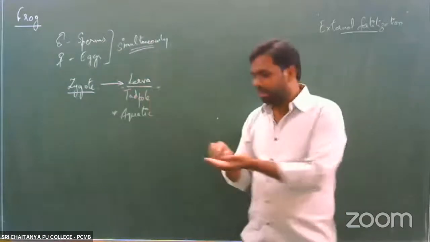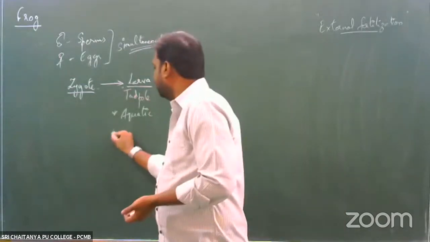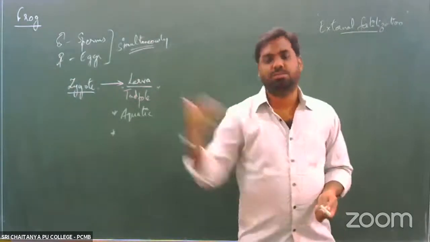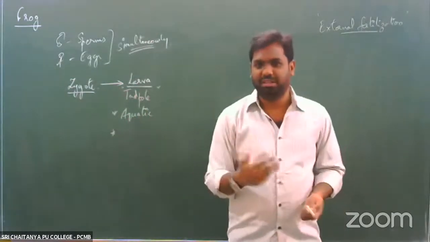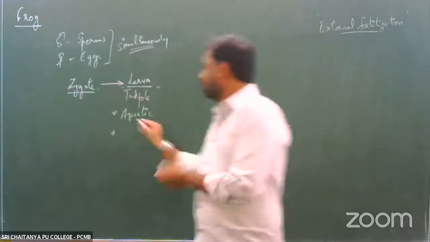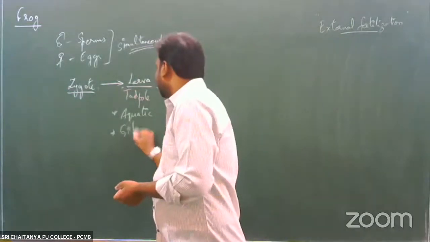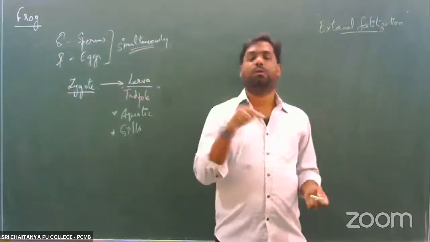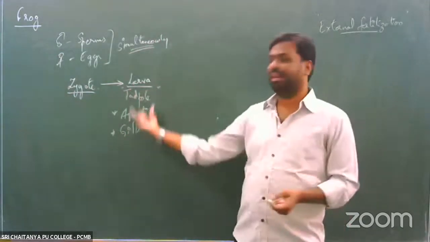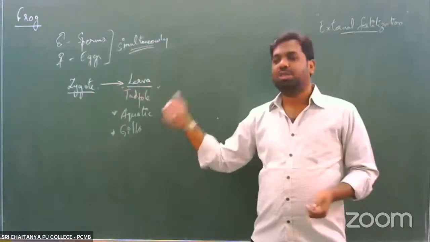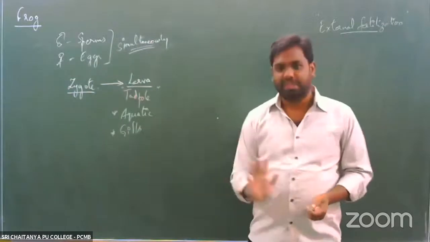Second, since the larva is aquatic in nature, they would start using some sort of respiratory organs. We have already seen this when we were talking about the process of respiration. I told you that these organisms have gills as the respiratory organs, and I also told you in which part of the life cycle they use gills, during the larva stage. Since the tadpole larva is aquatic, they would start respiring with the help of gills.